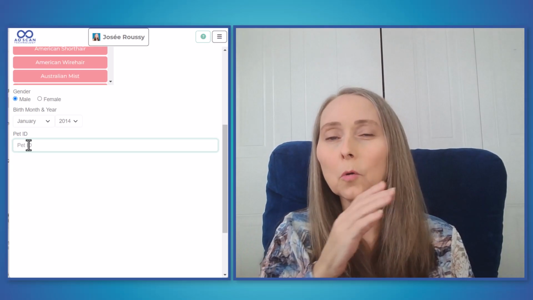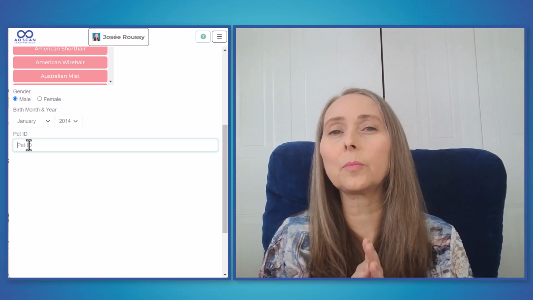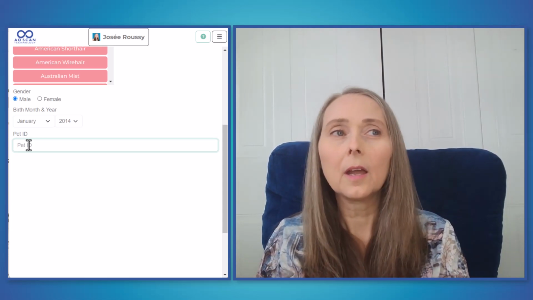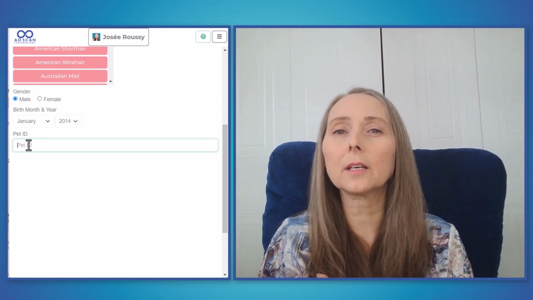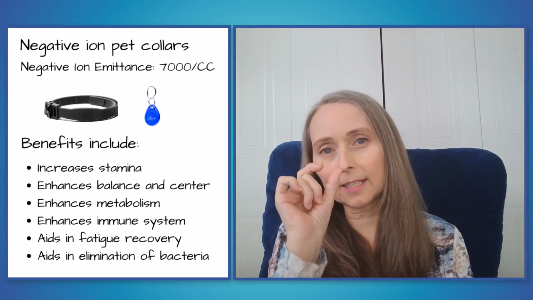I'll go in order of best option to less good but still acceptable. The first and best option is to buy a pet collar from Solex. And why is this the best option? Well, because you're going to be able to use it since it has a tag with a pet